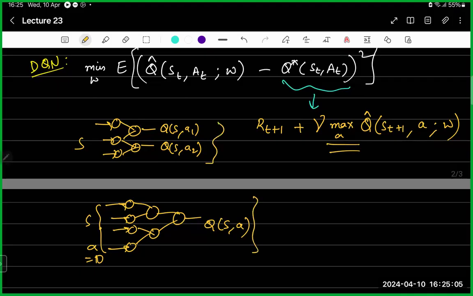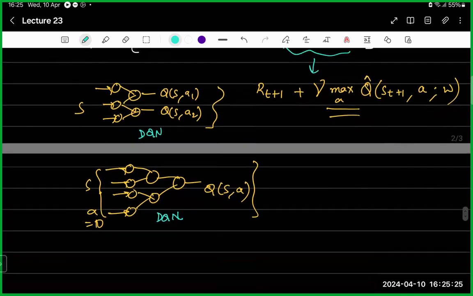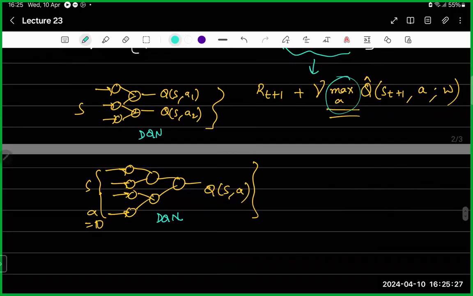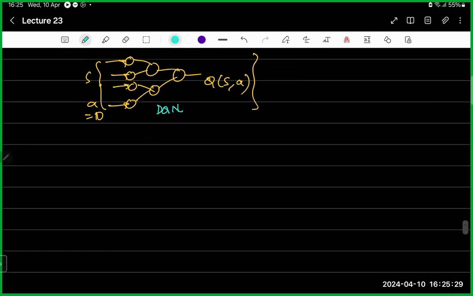So instead of that, what DDPG tells us to do is... like this is all DQN. So you understood the problem, right? Because if you try to do DQN with a continuous set of actions, it's not straightforward because we can't compute this max. So what we do in DDPG is